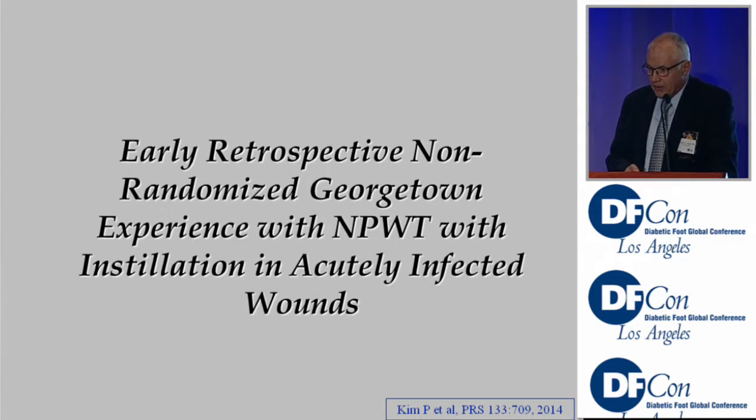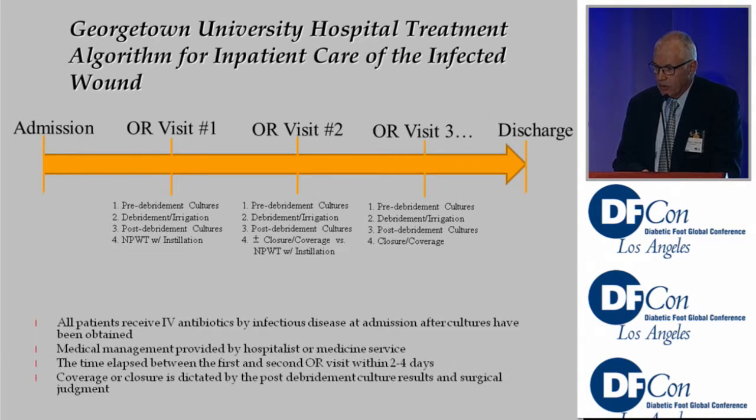So we looked at that data and we said, okay, is this real or not real? And so our protocol is fairly aggressive. We're a surgically based wound center. We will take a patient, we will get some pre-debridement cultures, not surface but underneath. We'll debride the wound, then we'll get post-debridement cultures, and then we'll put negative pressure with instillation, and that'll guide